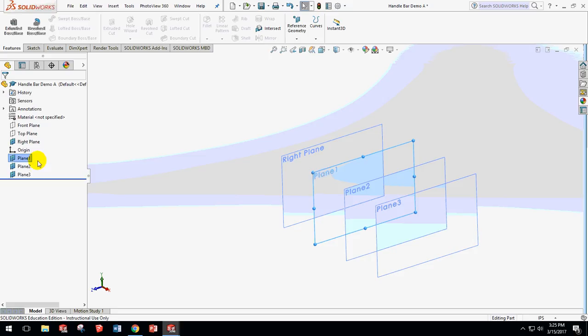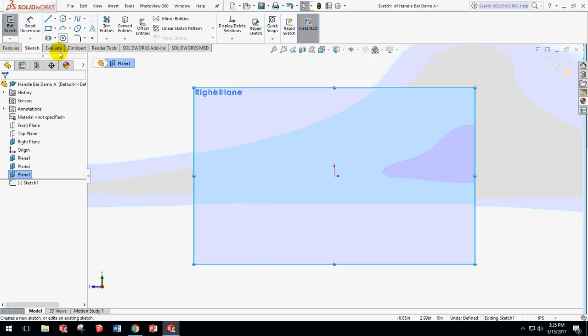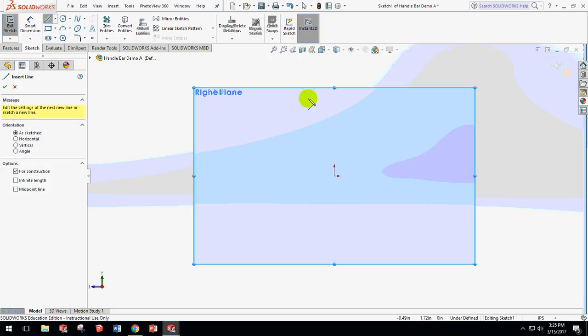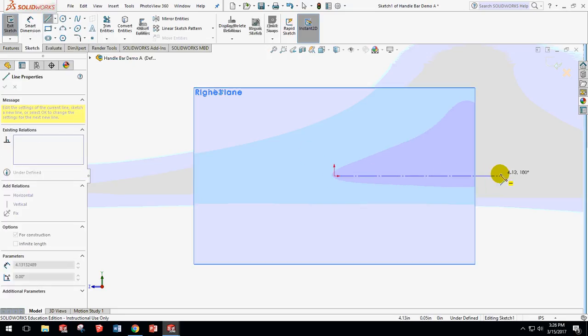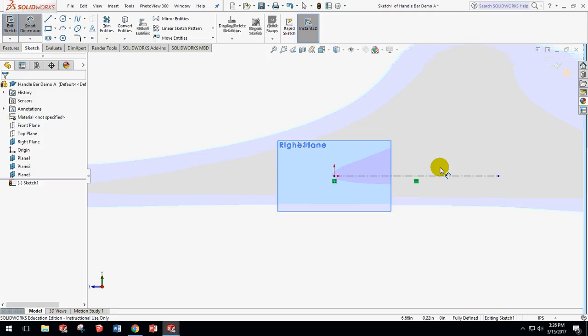Okay. So I'm going to start by clicking on the plane 3 and beginning a sketch here. And I'm going to go ahead and use center lines to connect the sketch points. So I'm going to go from the origin over about 10 inches. Let me zoom out a little bit. And then go ahead and dimension that,